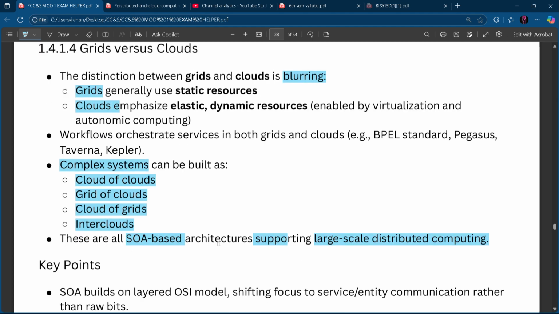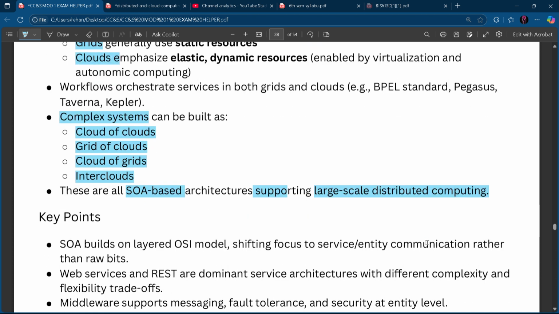These are all SOA based architecture supporting large scale distributed computing. Very simple, right? Distinctions between the grid versus clouds. First, you have to tell grid uses static resources, cloud uses dynamic and scalable, elastic resources. Then you can build complex systems like all these four things, and they all are SOA based architecture which enables